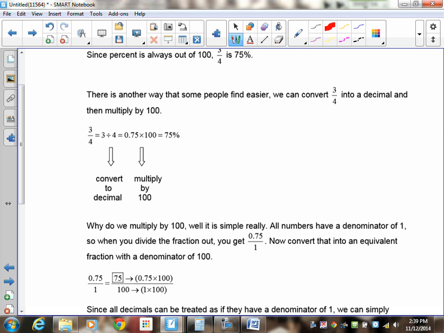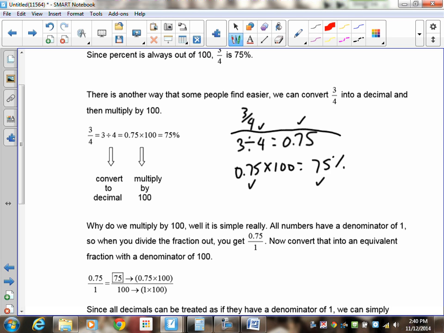So to get 3/4 to be a percent, you're going to go 3 divided by 4 is equal to 0.75, and you can use your calculator to get there. And then 0.75 times 100 is 75%. Okay, now this is going to be working, so it's going to be marked out of 4 marks. What you did, what you got, what you did, what you got. Okay. Now the good thing about this one is that this will work for everything,